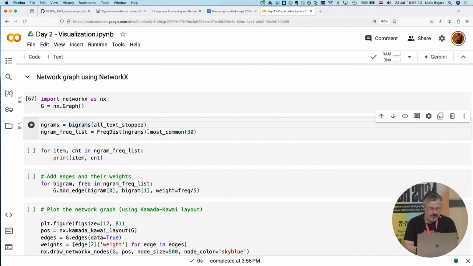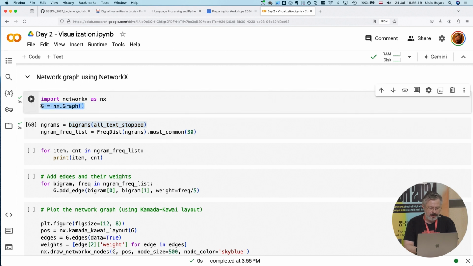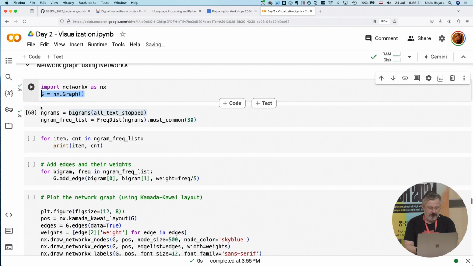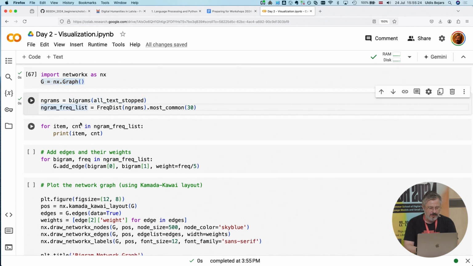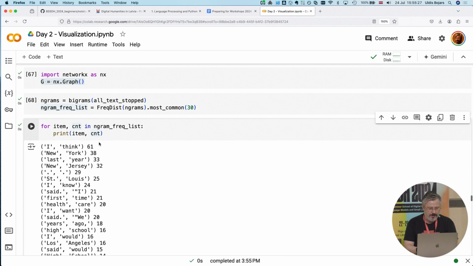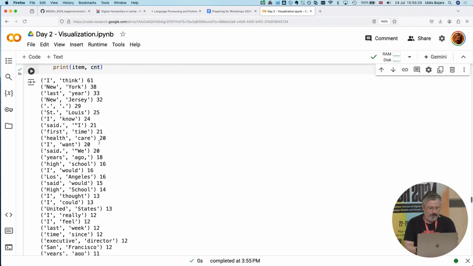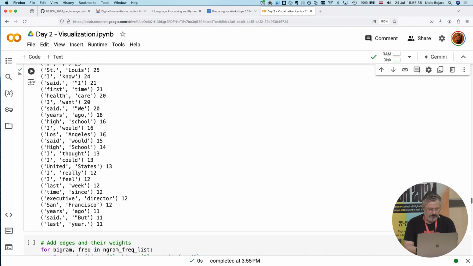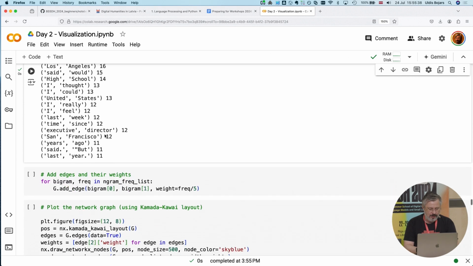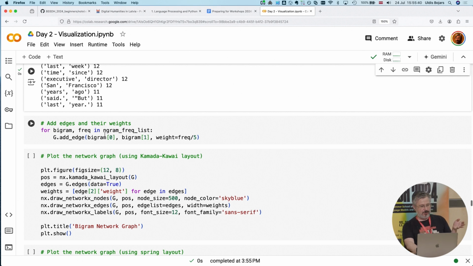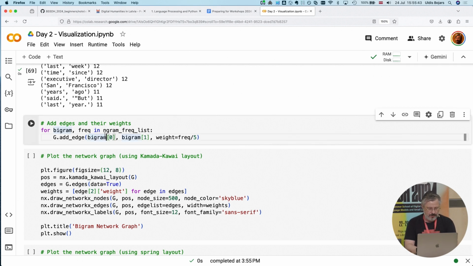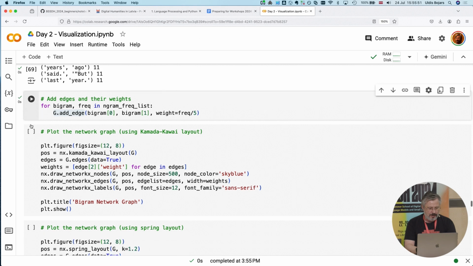So the key here is that we take bigrams of the text. We build a graph. This will be variable g. And let's see our bigram frequency list. So popular bigrams are, I think, New York, last year, New Jersey, and so on. You should also be able to execute these cells and see the visualization. So here we build a graph by adding edges to it. And then the next command